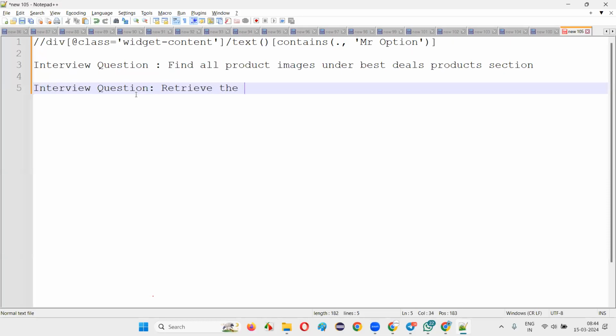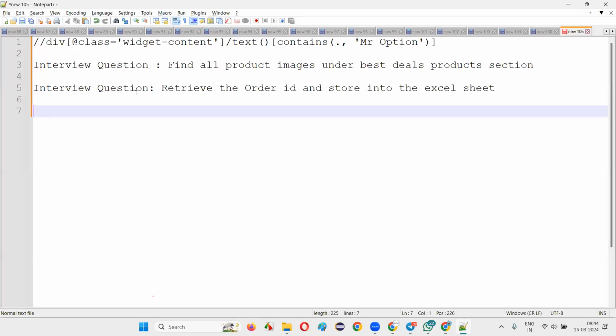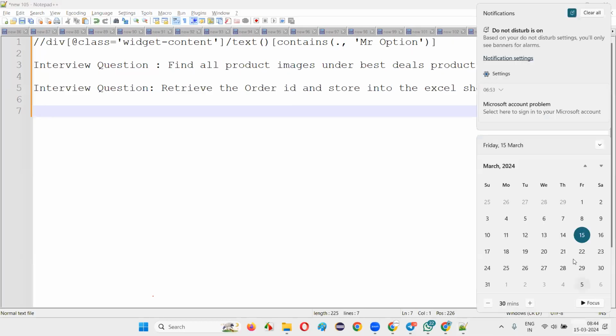Retrieve the order ID and store it into the Excel sheet. Yeah, we'll do that in the coming days. Don't worry, because we already have a little bit of an idea, having completed the advanced Selenium sessions and the framework part. But the students asked me to cover